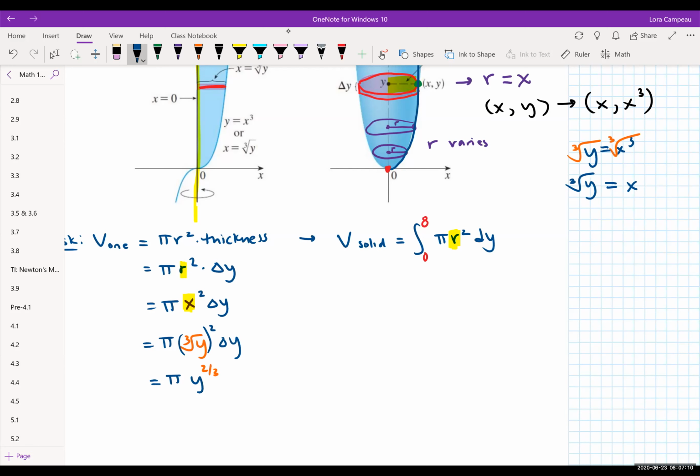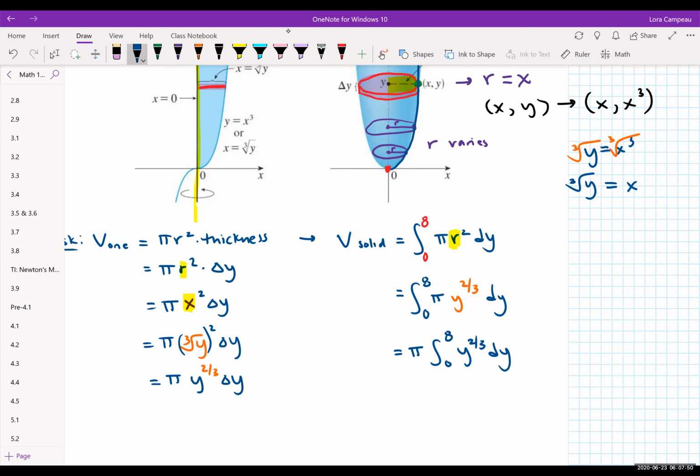So now you have a really nice idea of what the volume of one of the disks will be. So then we could just replace it into our integral. So we still have 0 to 8, pi instead of R squared. We just simplified that there. We should have Y to the 2/3, and we still have dy. And now you're home free, because we have some experience. We can factor out the pi, and we have the integral of Y to the 2/3